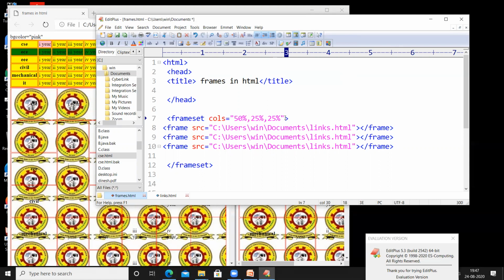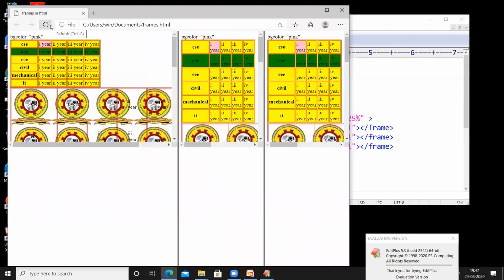So now let us use both the attributes, rows and columns, here and see what will happen to our particular web page. So in total we are dividing into 3 rows and 3 columns. That means there will be 9 divisions in your web page. So save the code, and just refresh the page.